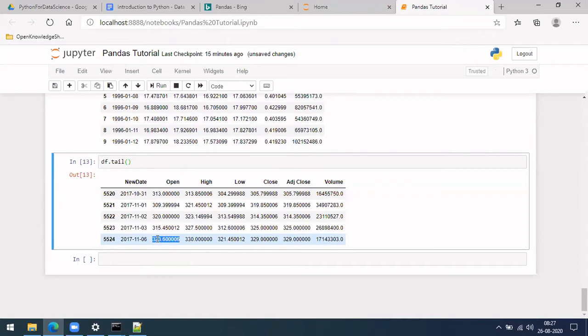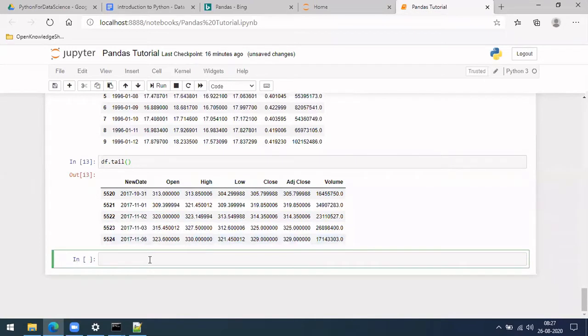What exactly is it doing in between, are there any thousands in it? To find out, we use df dot describe. Let's see what it will do.